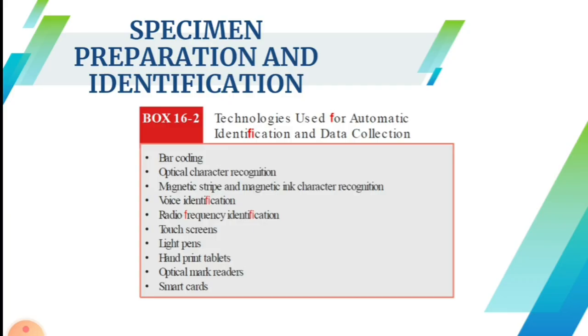The sample must be properly identified and its location in the analyzer must be monitored throughout the test. The simplest means of identifying a sample is by placing a manually labeled sample cup in a numbered analysis position on the analyzer, in accordance with a manually prepared worksheet or a computer-generated load list. The most sophisticated approach that is commonly used today employs a barcode label affixed to the primary collection tube.